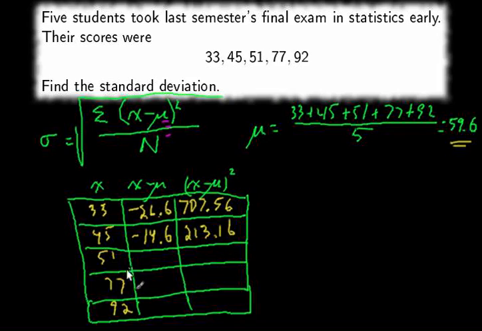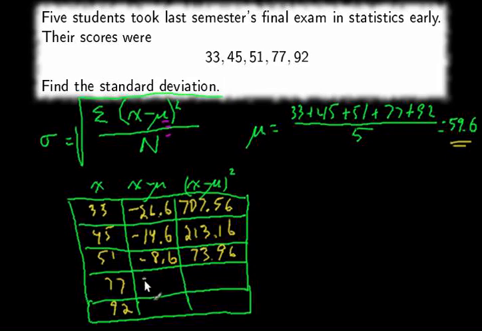Moving on, we have 51 minus 59.6, negative 8.6. Squaring that, we have 73.96. Moving on, 77 is x, and we subtract mu,